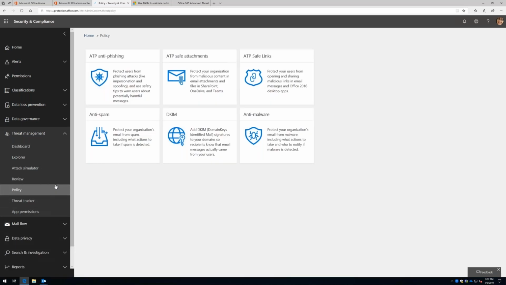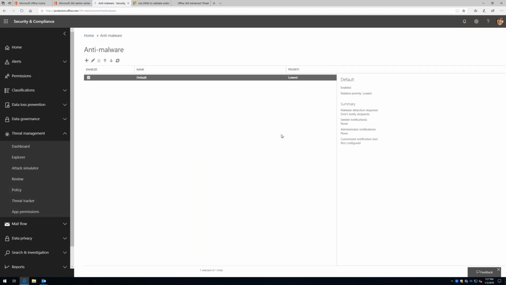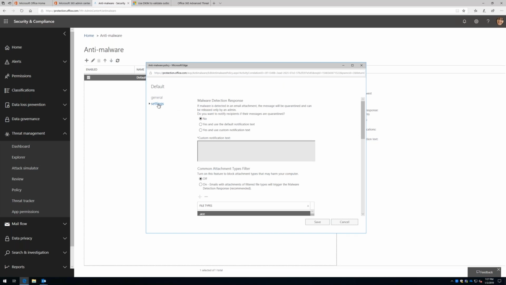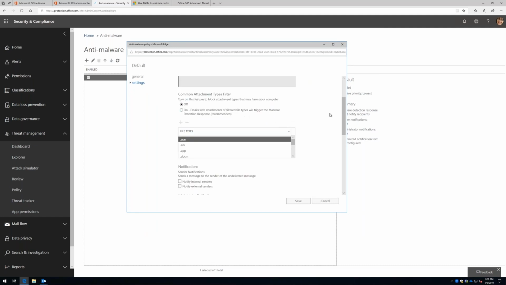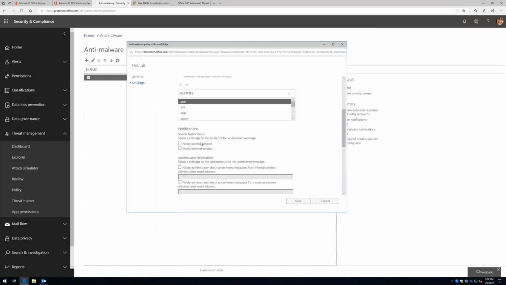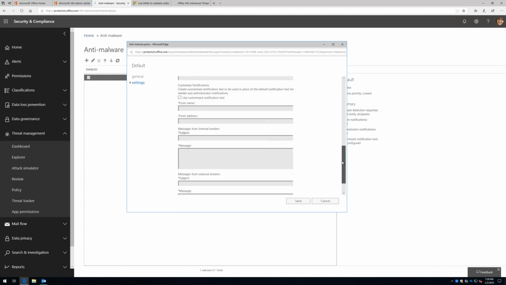But there's a lot of different settings I can adjust for anti-spam. And then for anti-malware, any type of attachments in an email message that contain malicious code, malware, this allows me to adjust settings for that as well. And again, I have to enable this, right? A lot of this is not enabled by default. And so if we detect malware, here's where I can use a custom notification. Here's where I can filter out different types of attachment extensions, file extensions. Here I could send a notification to my internal sender, to an external sender, and so on and so forth, right? Tons of different customization I can do here.